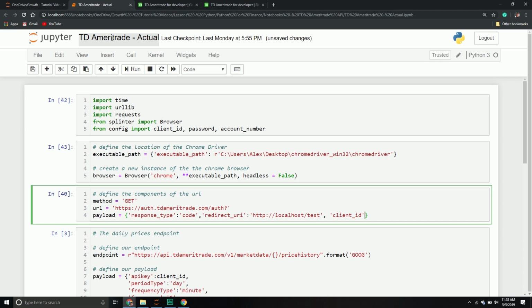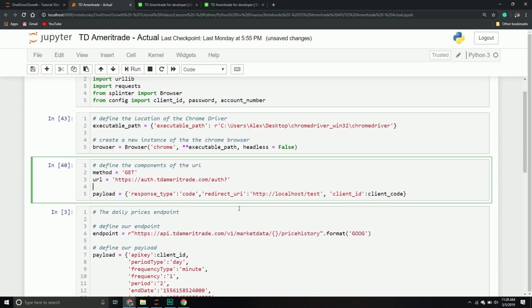And then that one will equal our client code. What I'm going to do first, before I send this, is define my client code, because in its simple format right now, it will not work. It's going to equal my client ID plus, because it's a string, so we're doing concatenation, we're going to be adding